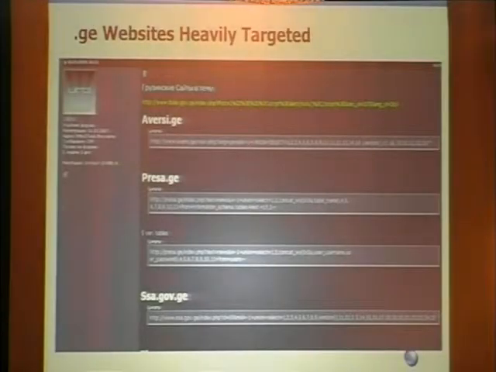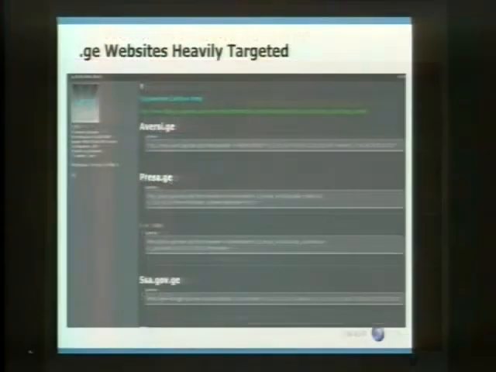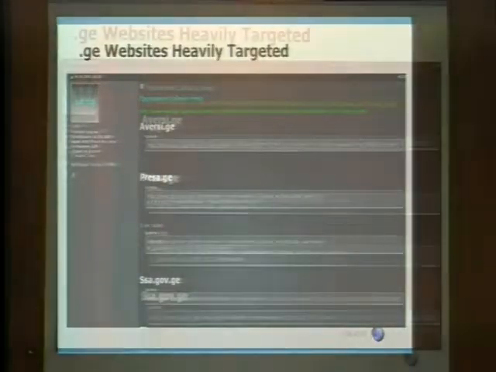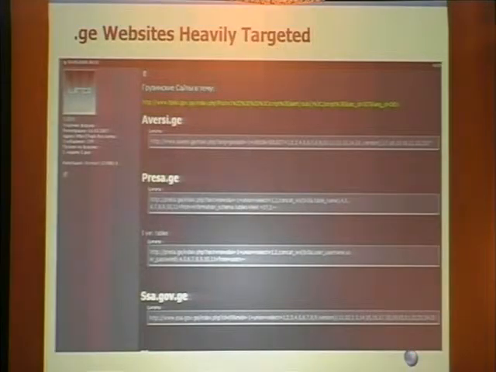The .ge websites became heavily targeted. So this is a posting actually from one of the Russian hacking forums, Anti-Chat. This is a long list and goes on for several pages of different postings of people replying. This is on August 8th, where they posted SQL injection issues with several of the websites. So you see there's a .gov on there. There's different Georgian websites. There's several more .govs, which actually were defaced soon after as a direct result of people finding these different SQL injections.